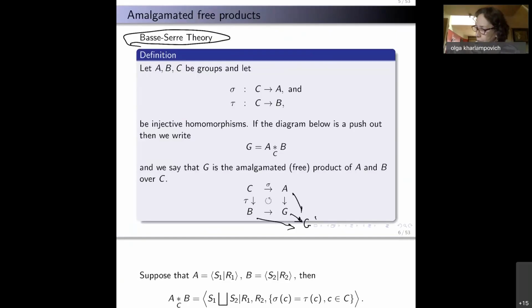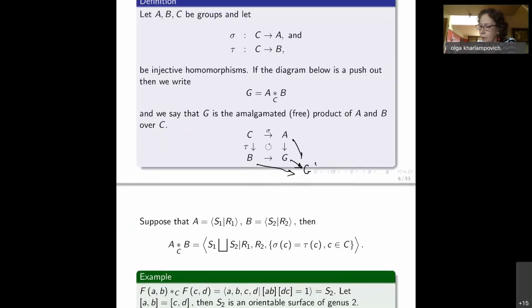It has a universal property: if there is some other group, G prime, such that we can have this diagram, then there is a unique homomorphism from G to G prime. Now, in terms of generators and relations, things look like this. If A is given by generators S1 and relators R1, and B is given by generators S2 and relators R2,